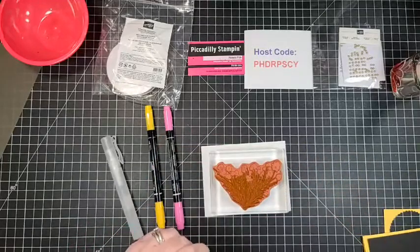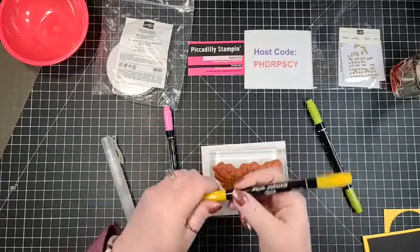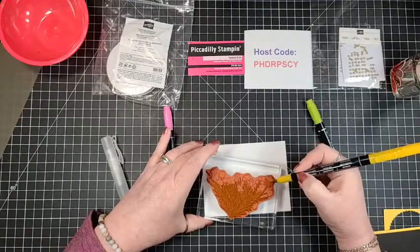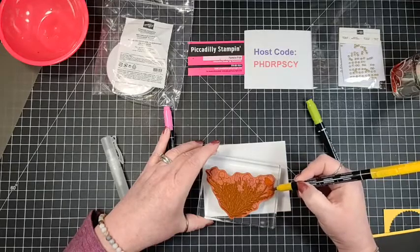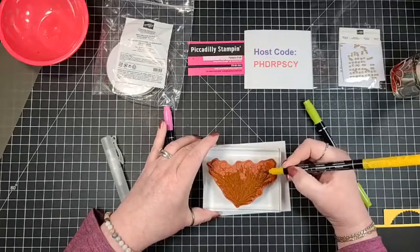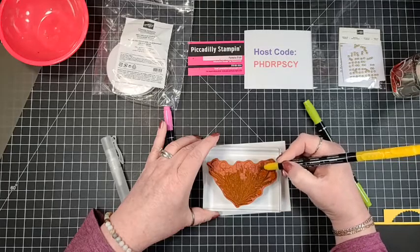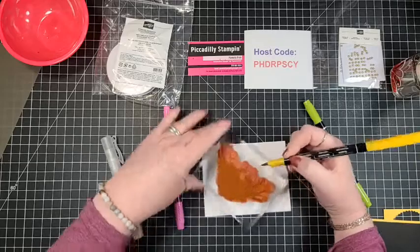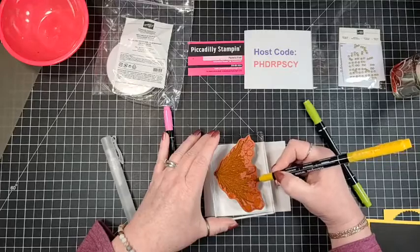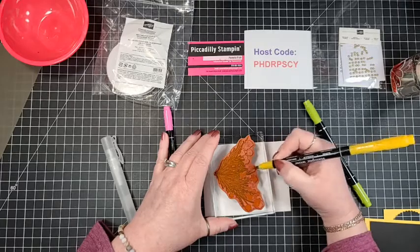Okay. And then I'm going to come back in with the lightest color, and this will be the Crushed Curry. Using that brush tip again, I'm going to come in on these flowers, and I'm going to do all of them. There's one down here. Some I'm just going to do partial of the color, and then I'll fill in with my brights. And I'm going to leave a different flower here, because I'm going to just do the magenta on that one. But on these larger ones,